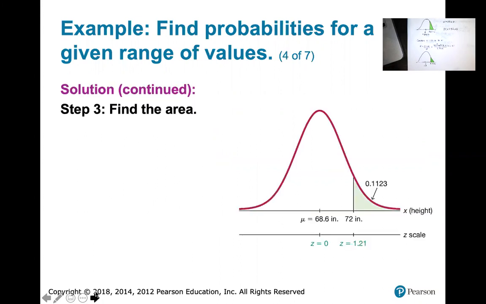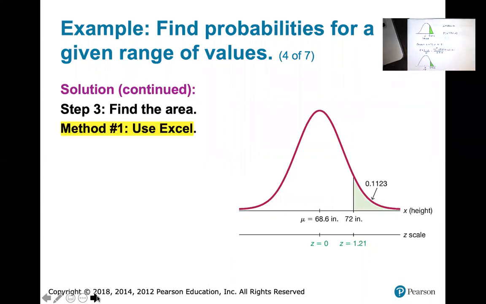And then the last thing we do here is we find the area. Now with Excel or my table, I'm not actually able to find this area to the right, not directly. My Excel program and my table will only give me area to the left. And that's okay. We're going to start with using Excel. So remember how we do that in Excel. If we want area to the left, we use this function